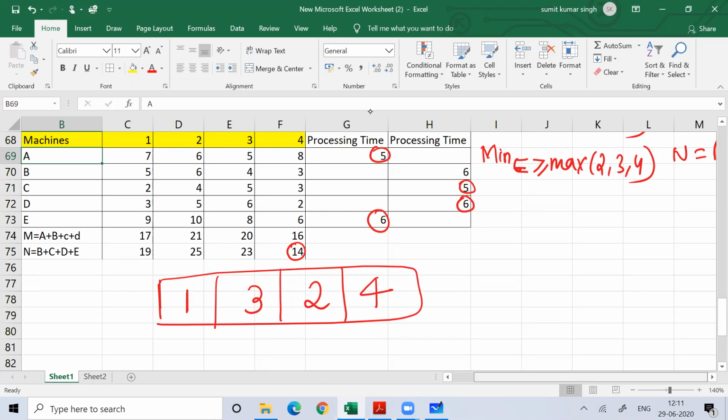So the idea of converting this five machine problem into a two machine problem is to ultimately decide the sequencing of work. So we need to arrange the jobs in sequence so that the total time can be minimized. Fine. So you converted this n machine problem into a two machine problem. Now this part is done. Now we can work on our processing and idle time.